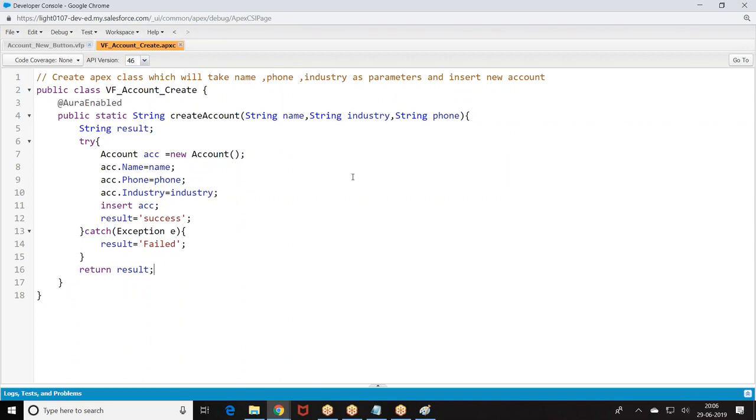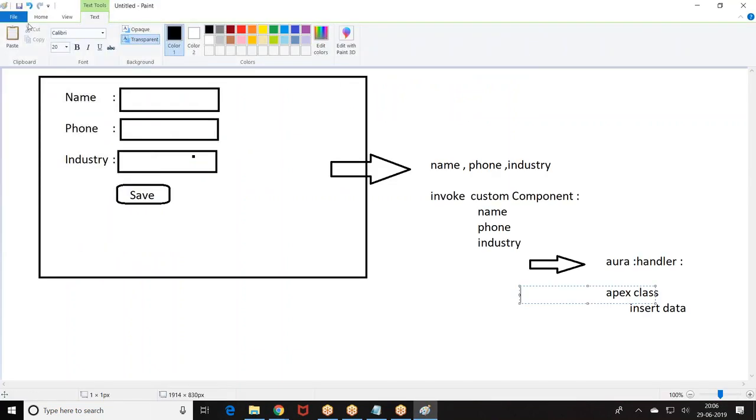People are busy in copying. Okay. Let's move on to the next one. The second one is this is a lightning component I want to create. Create one lightning component. Okay.